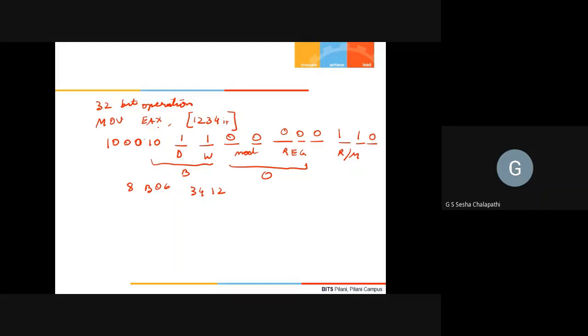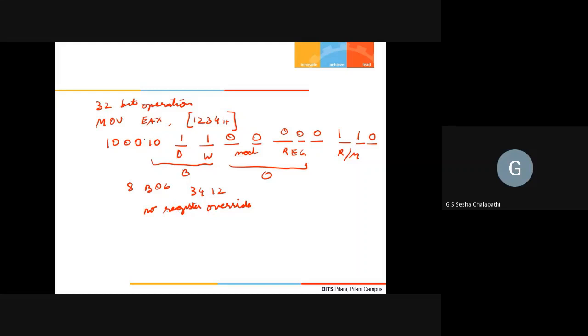However, in 32-bit mode of operation, you expect the processor to use 32-bit registers, and you are using a 32-bit register. So there will be no register override, because in 32-bit mode you expect 32-bit registers to be used and you are using a 32-bit register, and therefore there will be no register override.